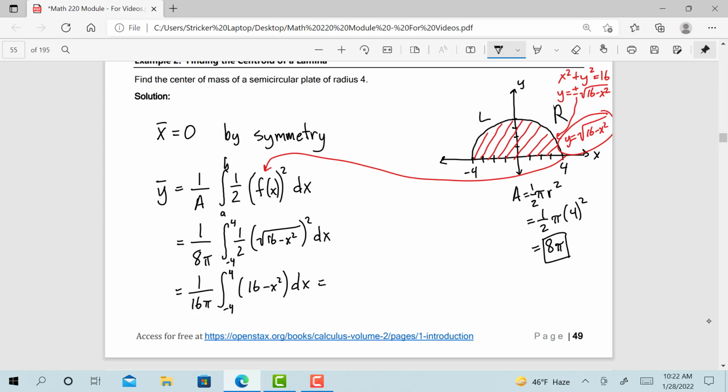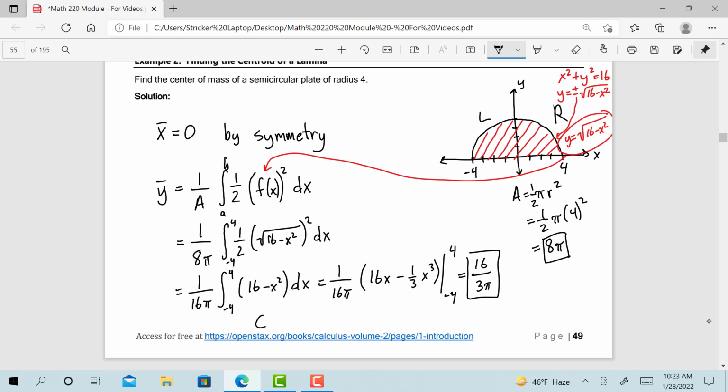And now we can go ahead and integrate that. We have 1 over 16 pi. The antiderivative here is going to be 16x minus 1/3 x cubed, integrating from -4 to 4. And this is going to come out to, I'm going to leave the work to you, but you should get 16 over 3 pi is your final answer. So that's your y bar,